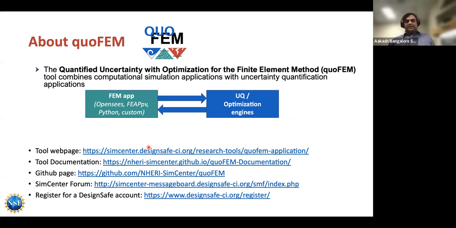Just a brief intro to quoFEM, if people have not used quoFEM before. quoFEM is the application developed by SimCenter, which combines uncertainty quantification and optimization with computational simulation models. We specifically started off with providing support for finite element models,